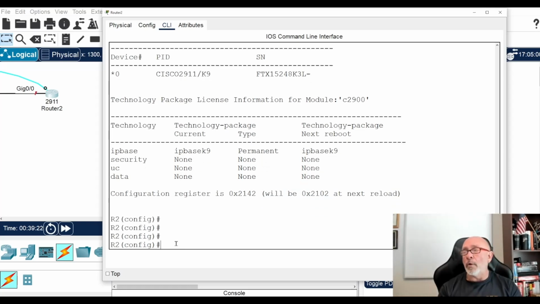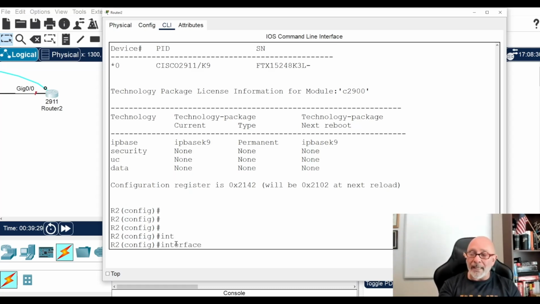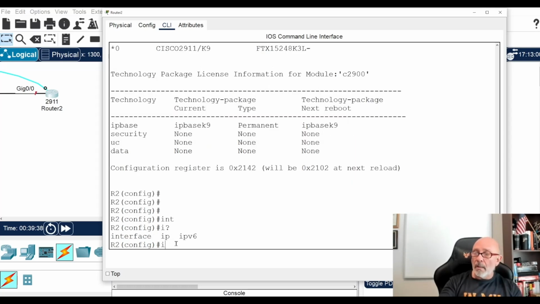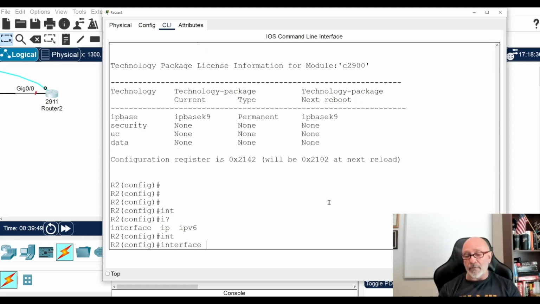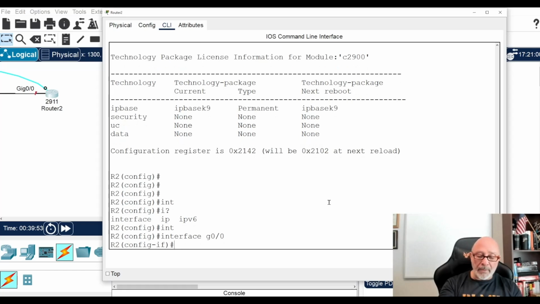So now what we're going to do is put some IP addresses, right? Let's put the gateway address. Go to the interface. That's int for short. I tab to do that, right? Because if you type I, without spaces, and put a question mark, it's going to tell you what you're allowed to type under that particular prompt. So I go INT. There's nothing in there that has INT. There's nothing in there that has IN. So I just hit the tab key and it finishes it for me. G0/0.